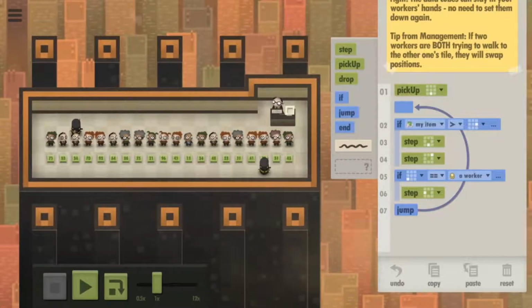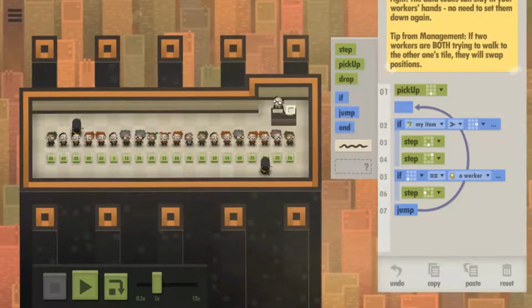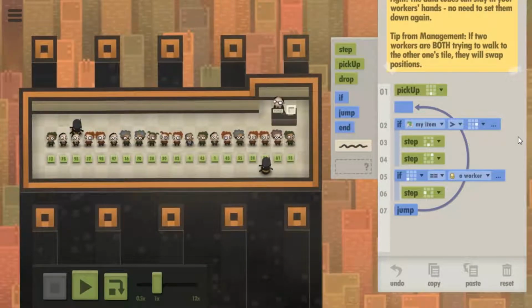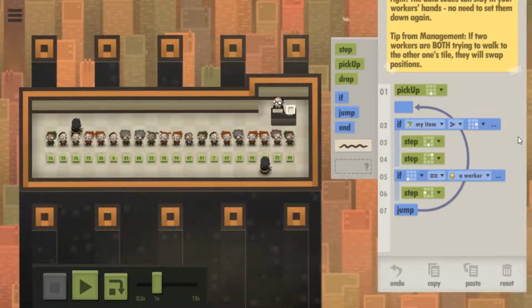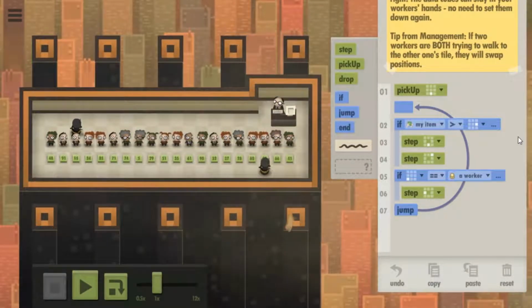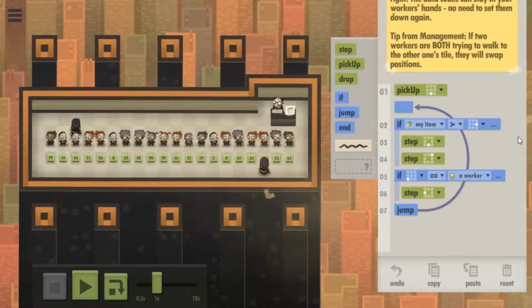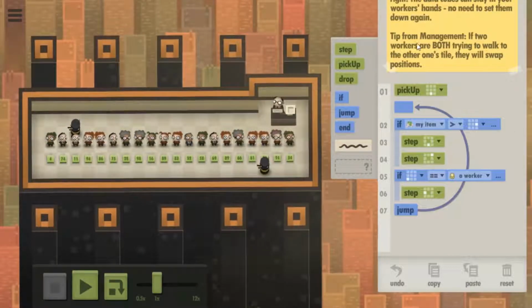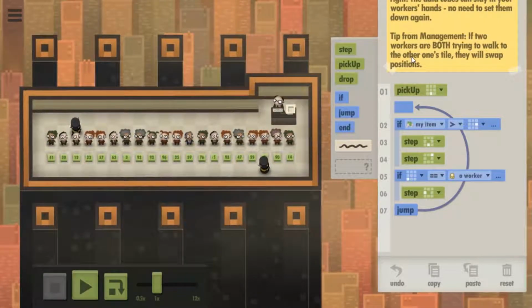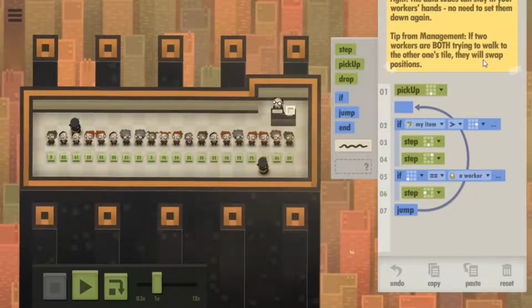But there's not, no. Ooh, I have a thought. If you just... Dang it, the fact that you can't drop in a direction is really annoying. Yes, it's very annoying. If 2 workers are both trying to walk to the other one's tile, they will swap...